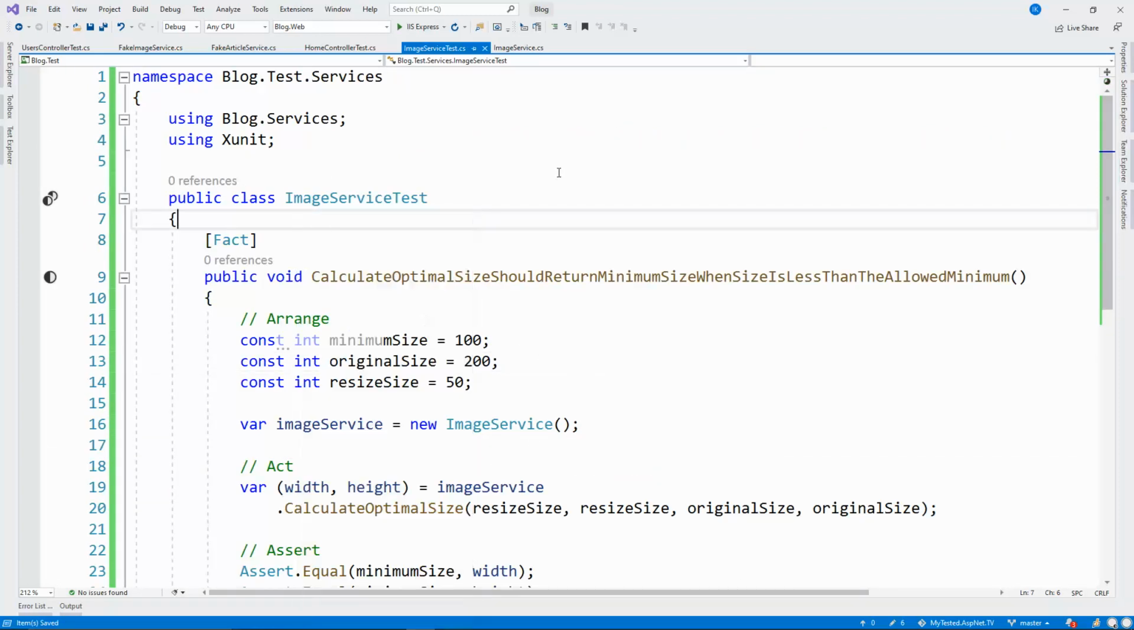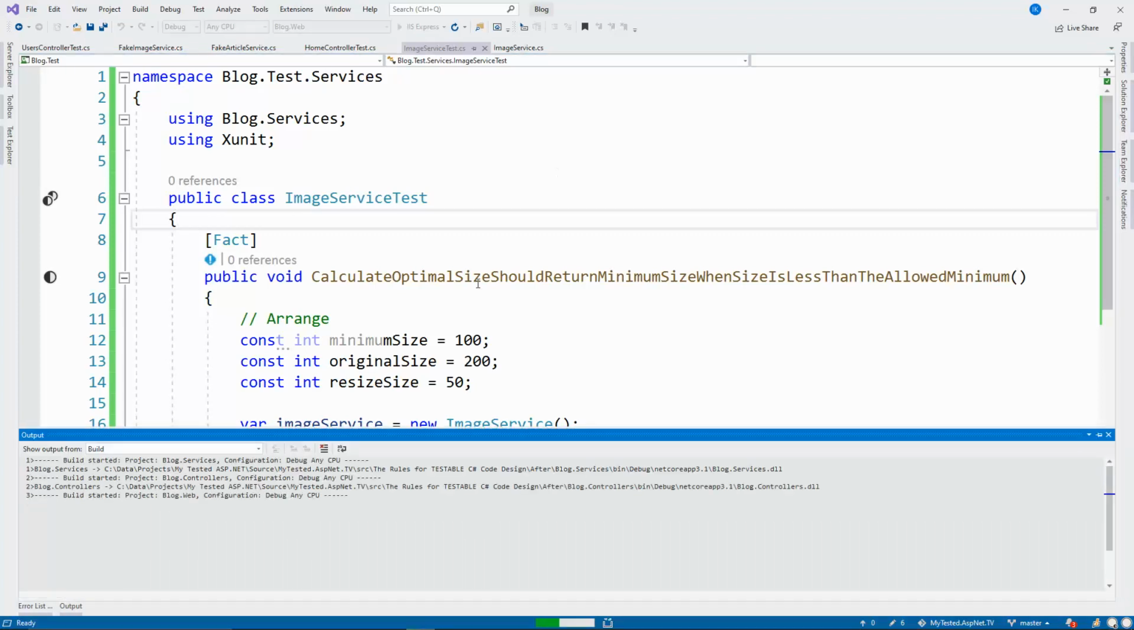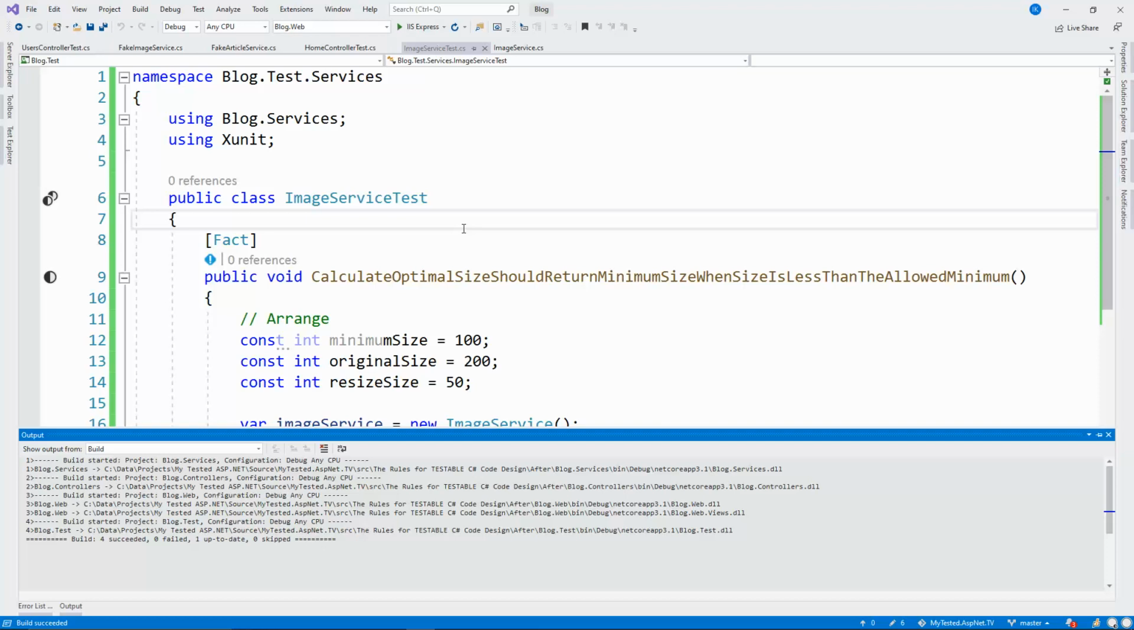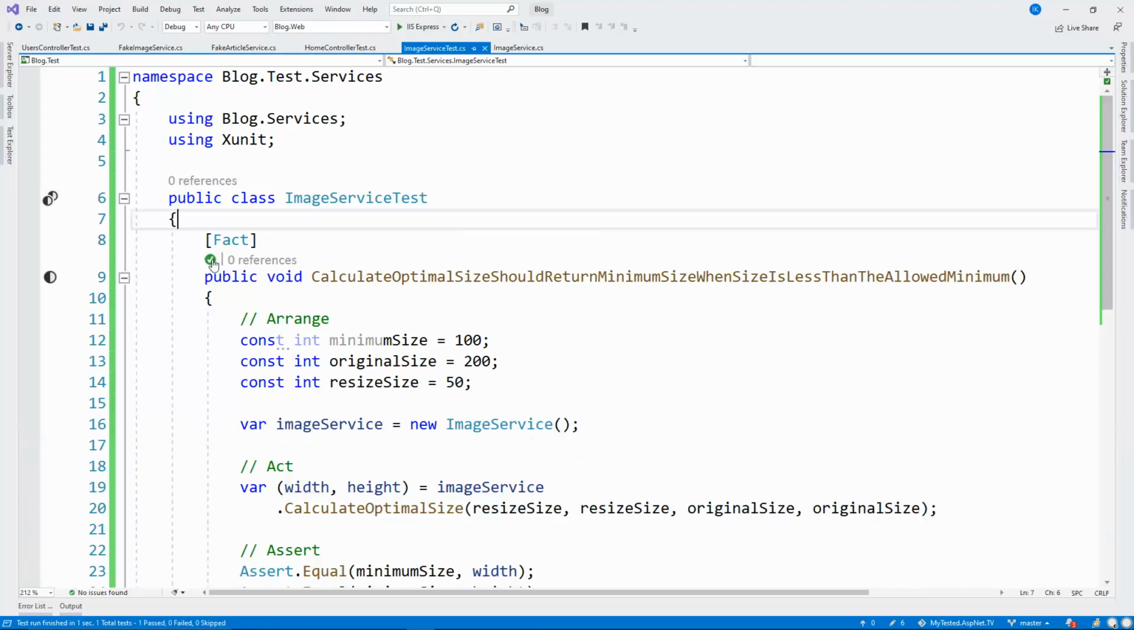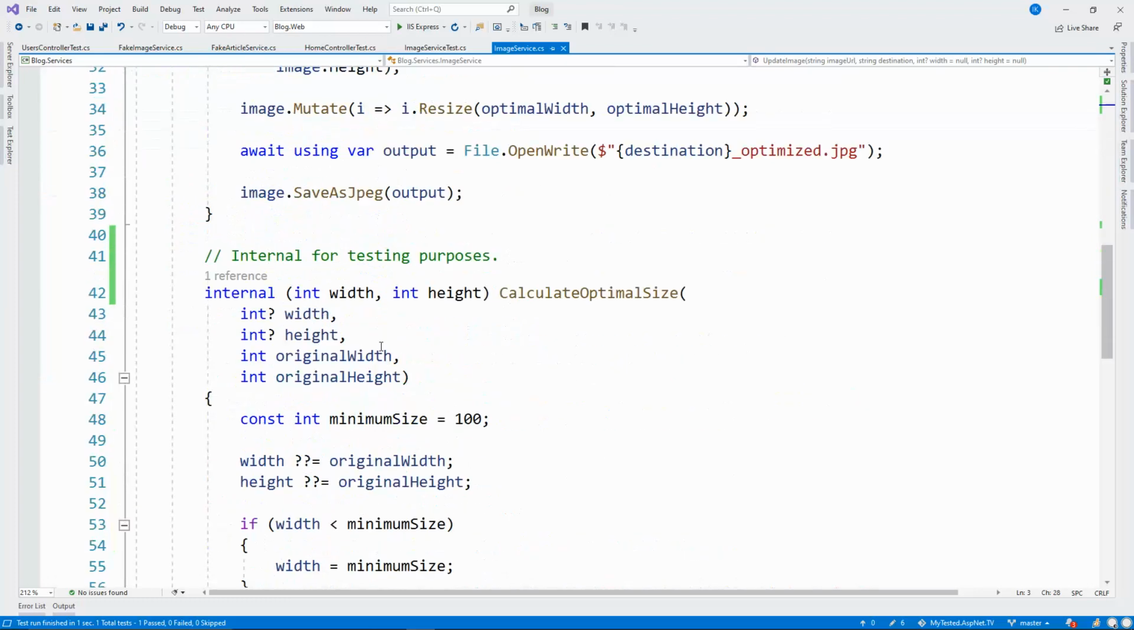So let's run that test. Let's validate that it passes. And I'm going to show you how to better implement the internals visible to attribute. The method passes. So essentially we validated our private method by marking it as internal. I know it looks strange, but let me show you